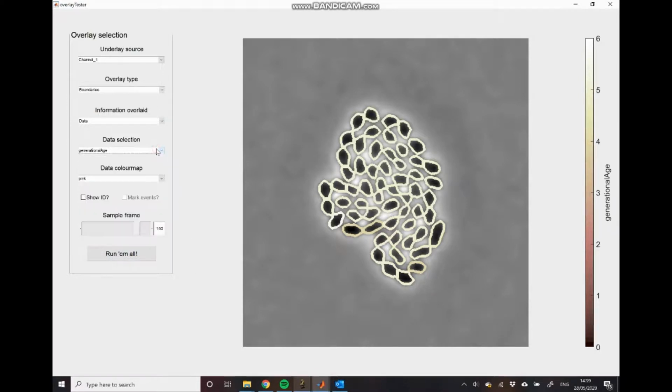So yeah, you can really customize exactly how you want to visualize your data to maximize its aesthetic appeal. The final option that we'll discuss with this dataset is this checkbox here, which allows us to show the ID of every object in the field of view. This is useful if you want to focus in on a specific cell, either in the plotting module, and we'll see some examples of this in the next tutorial,